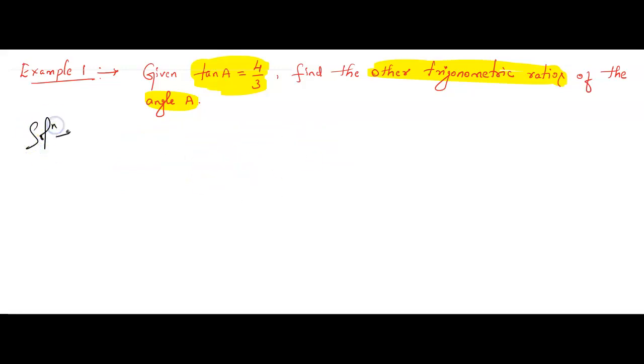That is the solution. So first, children, for each and every problem you are supposed to use the same condition. हमारे को हर प्रॉब्लम, जो भी प्रॉब्लम्स अब हम सॉल्व करने जा रहे हैं, सब प्रॉब्लम्स में यही लॉजिक को यूज करना है. Got it? That is tan A is equal to 4 by 3. Now sir, what is this 4 by 3? We don't know. So first you need to assume the diagram.